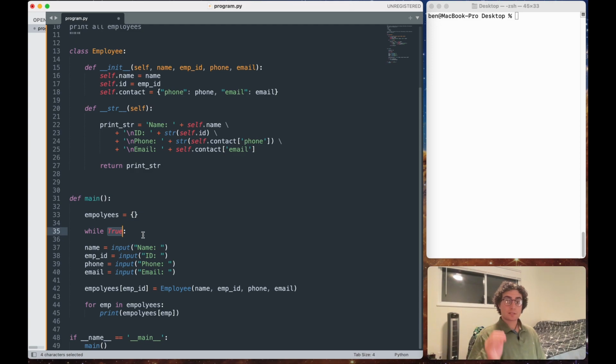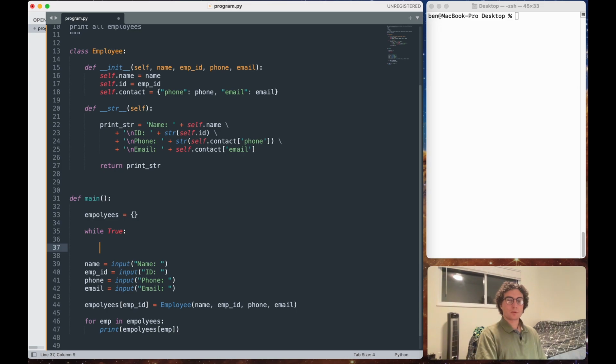You have some statement that's going to exit at some point, or else you're going to have an infinite loop, which is not too fun. So while true, what we're going to put within this is our kind of main menu that we want here. Okay, so what we're going to be doing in here is we're going to print out